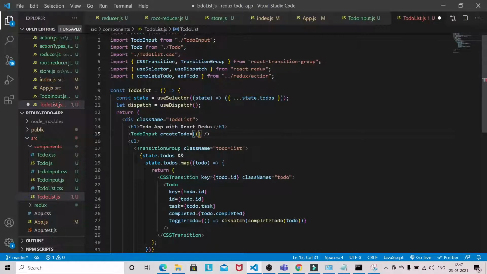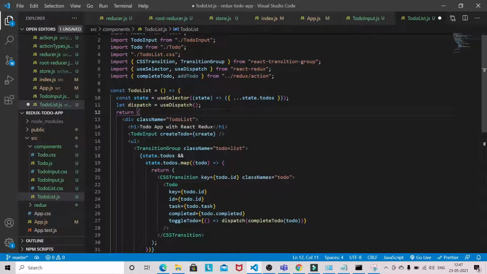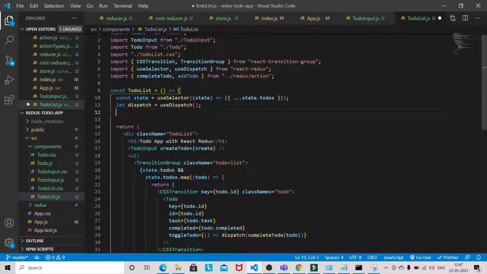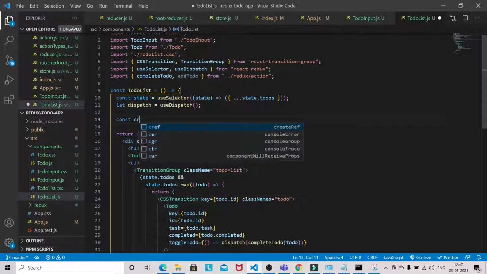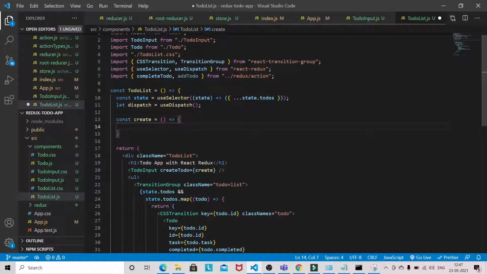So we need to use the event create, and inside this event we have to use that dispatch add to-do, so it will accept new to-do and we will just pass it.